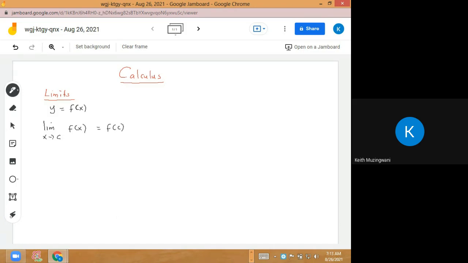So look, the notes, the lecturers, whatever, they will use different definitions of the limit. Forget about them. The idea is that